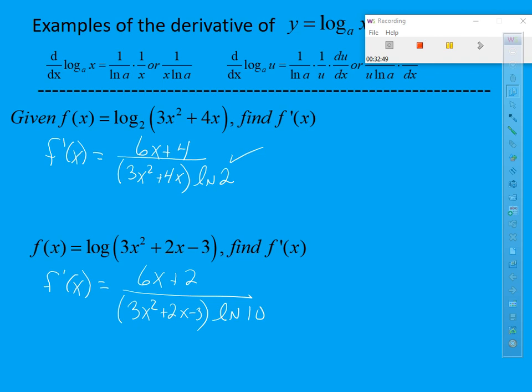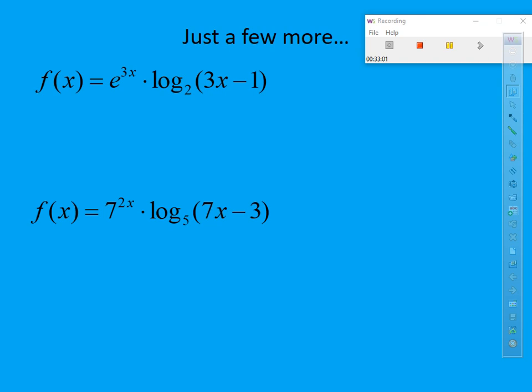Now let me hit number 24 or number 25, because of course that involves the product rule, and then I'll have this video whipped. So let me hit number 24. I've got e to the 3x times the log to the base 2 of 3x minus 1. Well, looks like my derivative is going to be the derivative of the first. So it's that e function that we did last class. So it's going to be what you see times the derivative of the exponent. So I got the derivative of the first times the second, which is log to the base 2 of 3x minus 1,